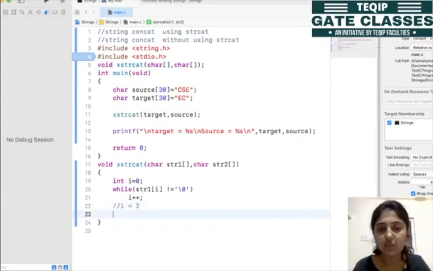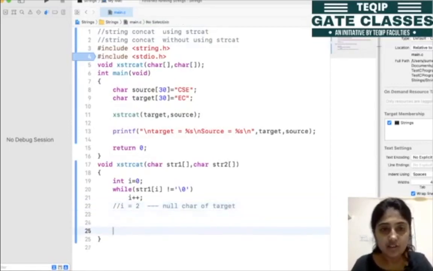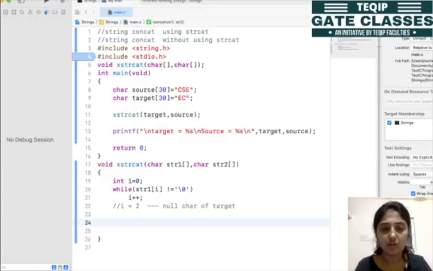So where is i pointing now? Basically we can say that i is pointing to the null character of our target. Fine. So once we have reached the position where we want to append the source string, the rest is now similar to our copy function.